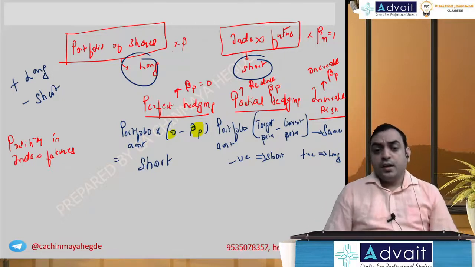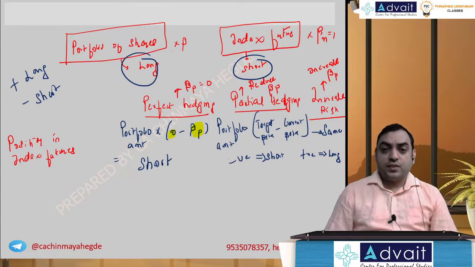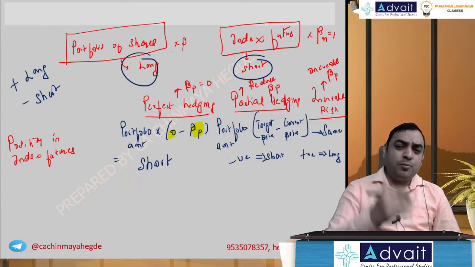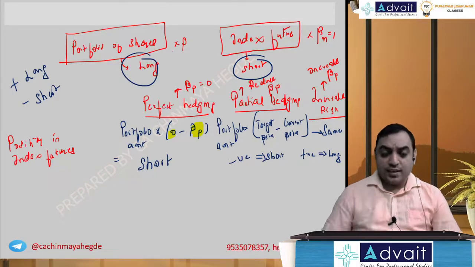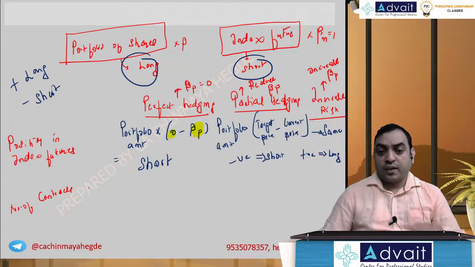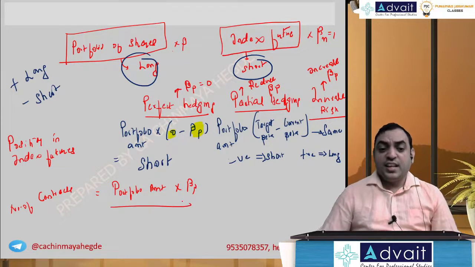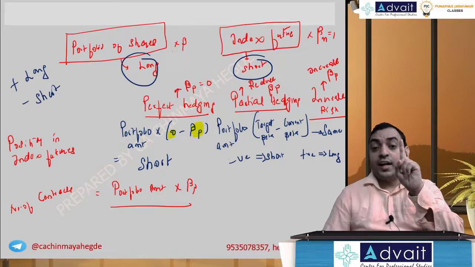Okay, then this is position index future amount wise. But you know, exact amount I cannot enter into future because of lot size constraint. So for that, you might be aware of the number of contracts. The same formula, that is portfolio amount into beta, or 0 minus beta you can say, divided by value of one contract because lot size will be